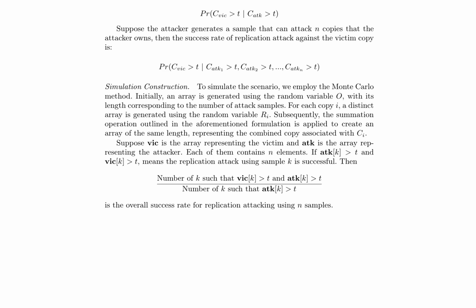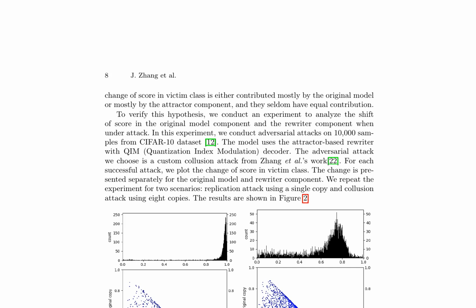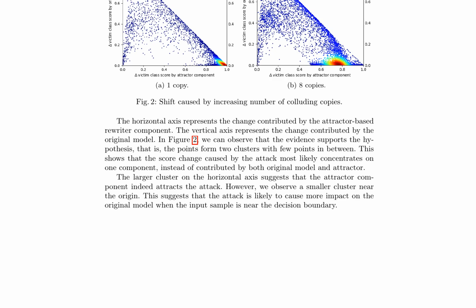The second formulation constructs an alternative approach based on the motivation that each copy has different adversarial regions. The original model is represented as a set of tuples, and a copy issued to a buyer is embedded with an attractor I. Both formulations utilize the Monte Carlo method for simulation. The results show that the actual performance of attractor-based rewriting is consistent with the simulation results. The study suggests developing a parameter rewriting method that surpasses the original attractor-based rewriter's performance.